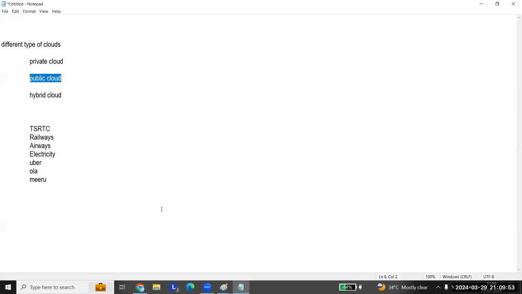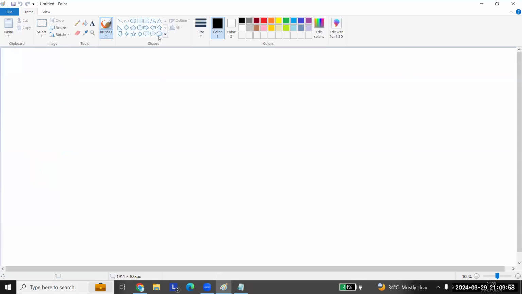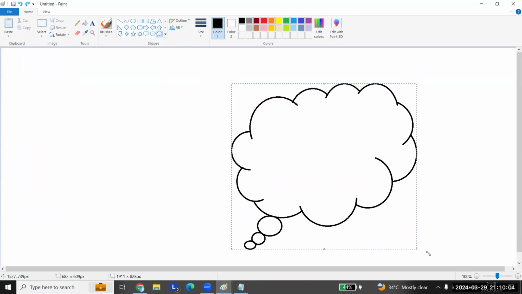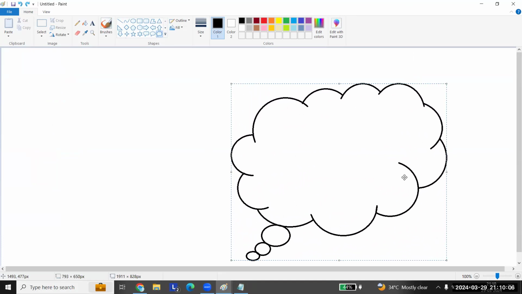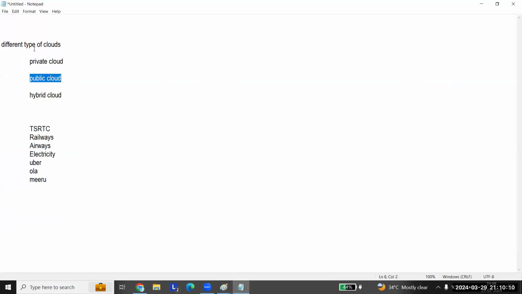So you have public cloud here. You go and create. Assume this is a public cloud. Generally, when you talk about cloud, it doesn't mean that it will be in the sky.